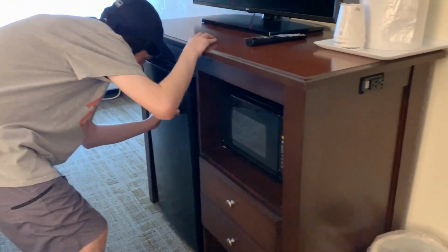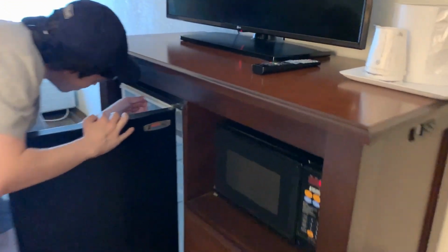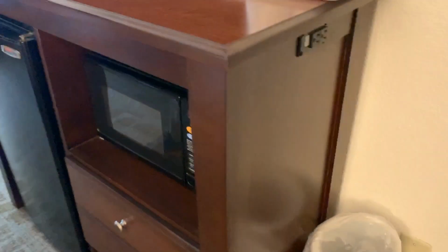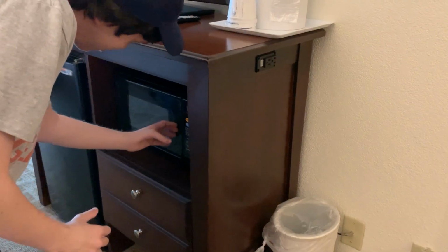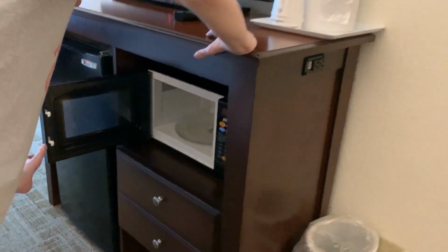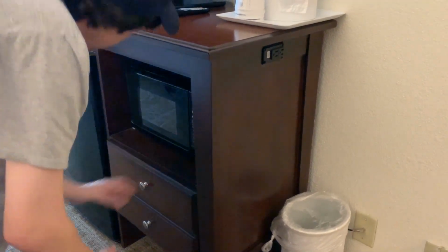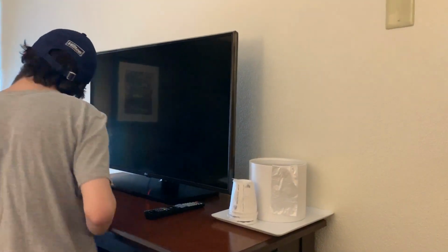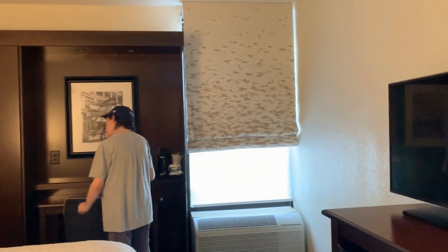Let's see, so the refrigerator is a micro fridge. And look at that, this one actually does have a freezer compartment. Oh, that's nice. Yeah, we get away from that in a lot of them. Because a lot of the hotels we stay at have the microwaves and fridges, but the fridges don't have freezers. Well, how are you going to keep your ice cream? Exactly, that's what we say. So that's actually nice that y'all still have the freezers. Yeah, and then the microwave is also a micro fridge, and then an LG flat screen TV, and then it's got